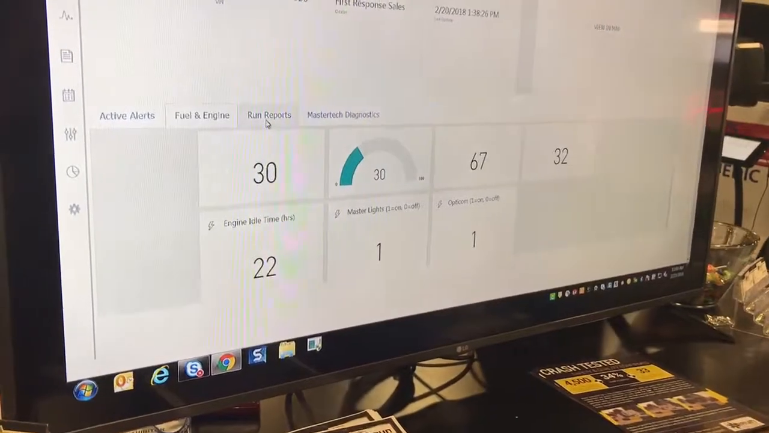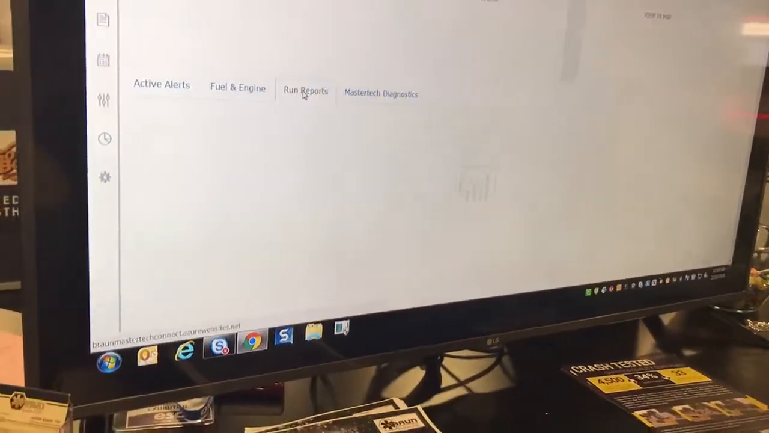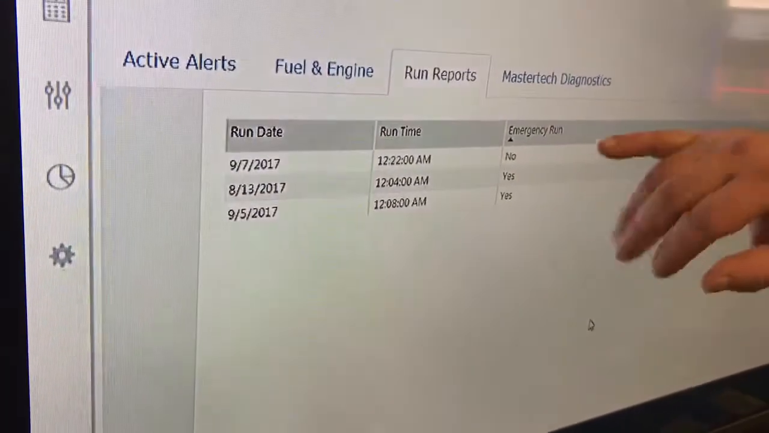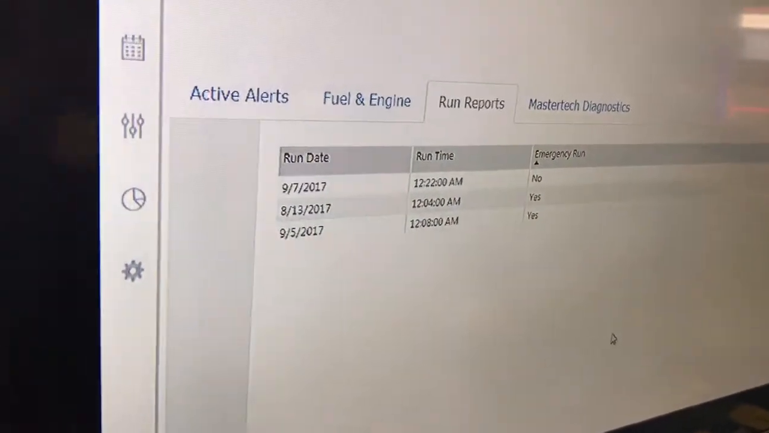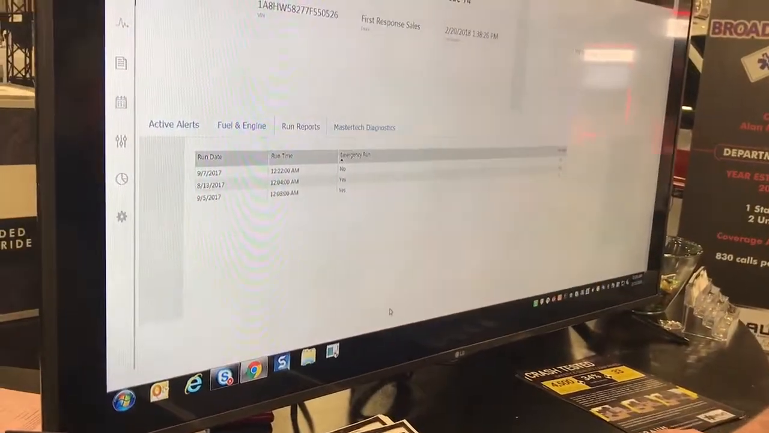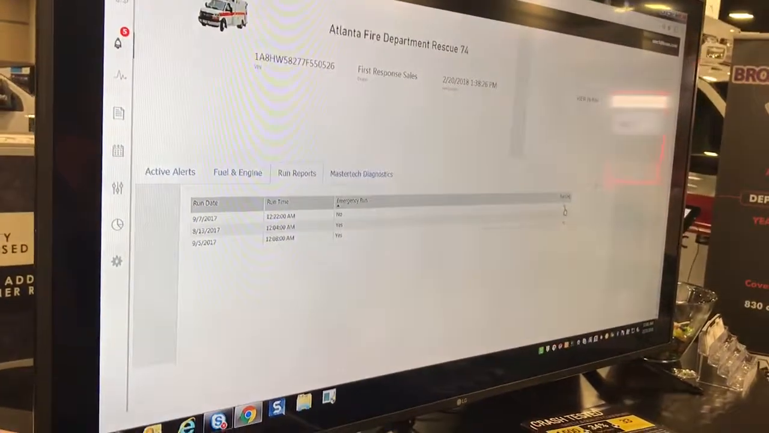Then you can come into run reports. This is another good feature that we have inside of this system. So it's going to tell you every time what time you were doing that and what the date was of that run. So as many runs as you have, this thing could be a lot fuller. It'll tell you if it's an emergency run or not, via your lights being on or not. So when we open up these run logs,